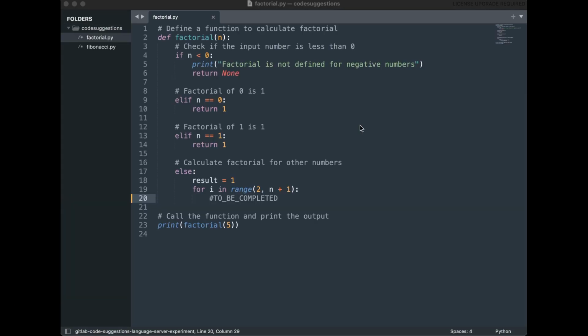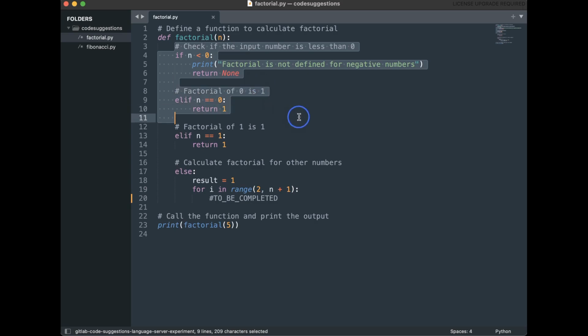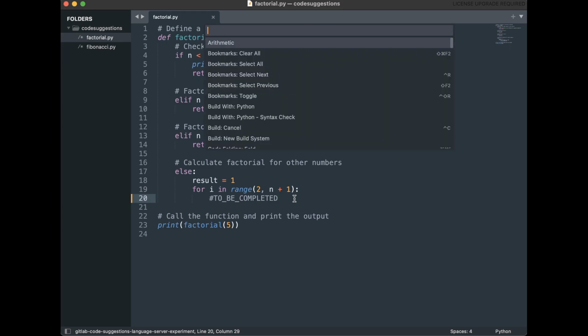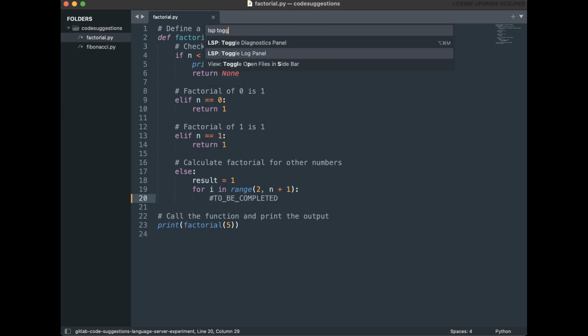What I have here is a function that calculates the factorial of a number. I've put in some code for the edge cases, like checking if the number is less than 0, and the factorial of 0 and the factorial of 1 are both 1. And then I want to calculate factorial for any other number and test out the factorial for 5. So I've left this part to be completed, and I want to see if Code Suggestions can help me fill that in. First steps first, let's do LSP toggle